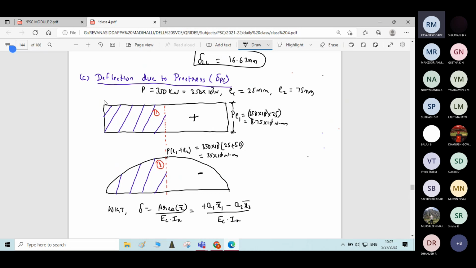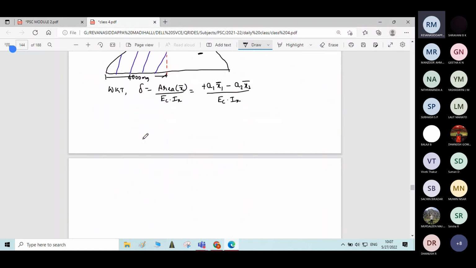So here this height is how much? 8.75 into 10 power 6. And this length L is equal to 8 meter. It is 4 meter, 4 meter, and 4000 mm. If you convert it into mm, this length, half of the span, here also it is 4000 mm base width. Now area of rectangle one, A1 is equal to,